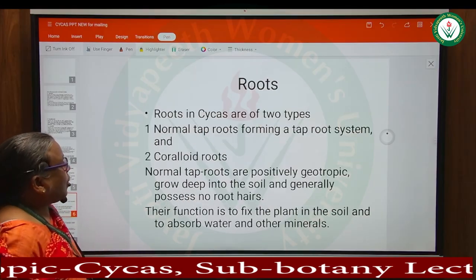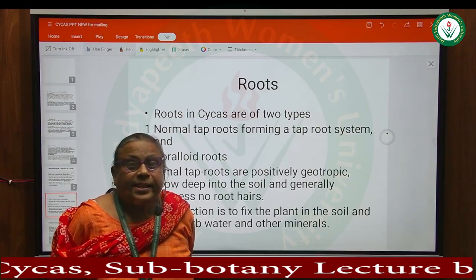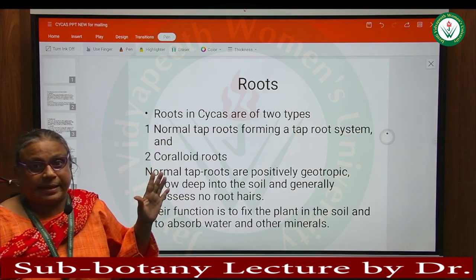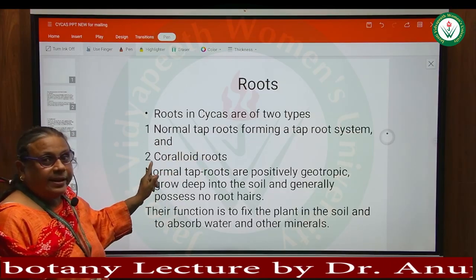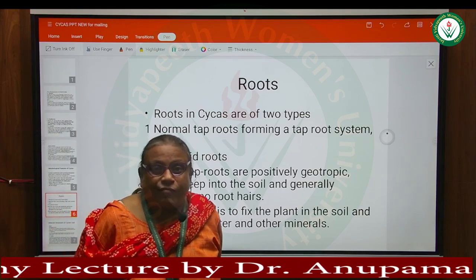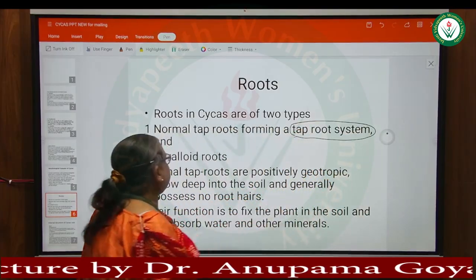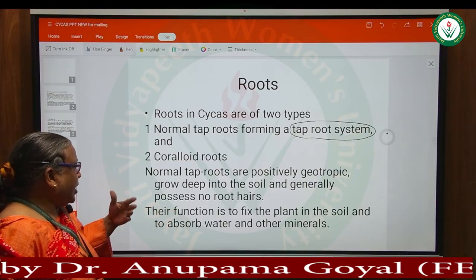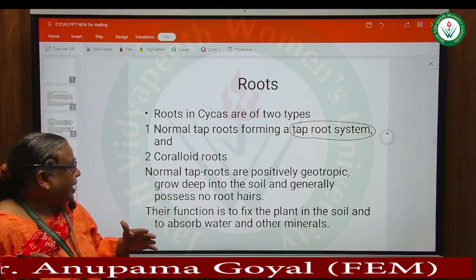Now I will talk about the roots in Cycas. As you all know, the Cycas roots are of two types: normal tap roots and second, coralloid roots. The normal tap roots form a taproot system, and the coralloid roots